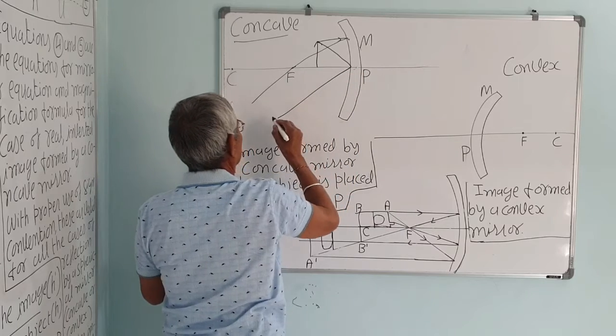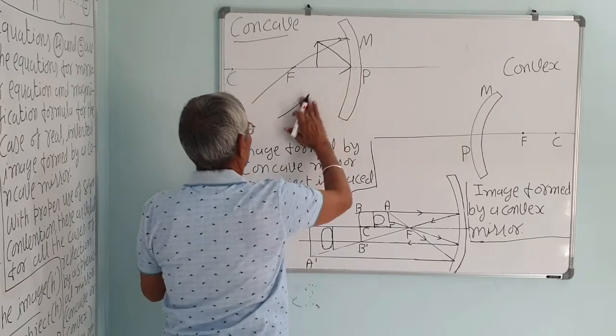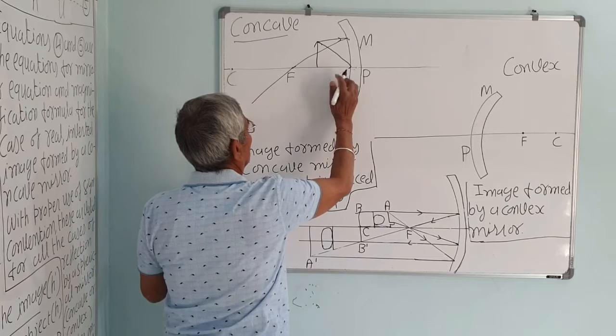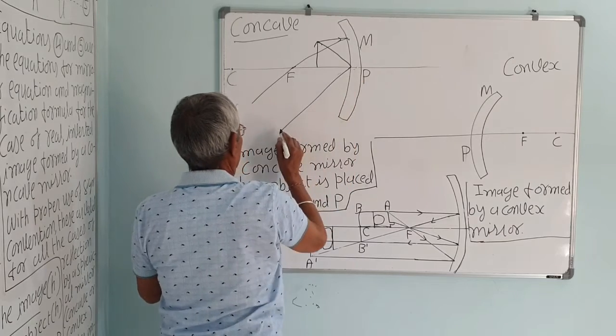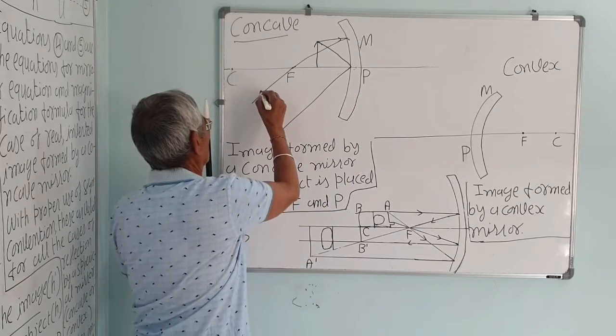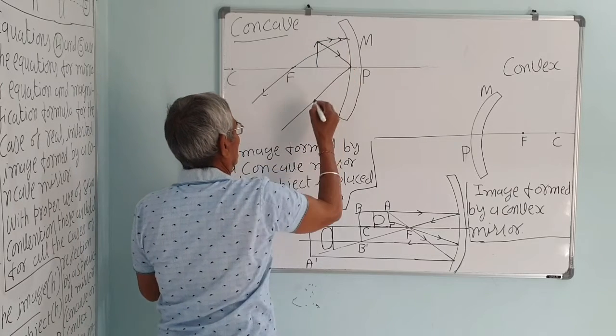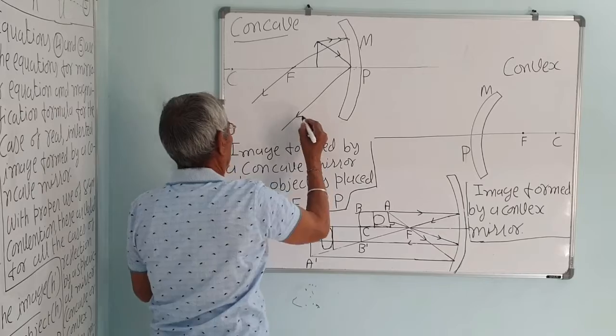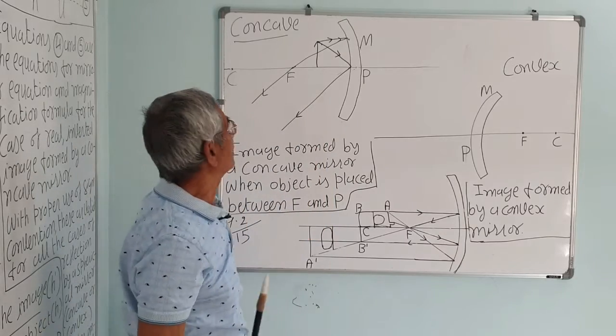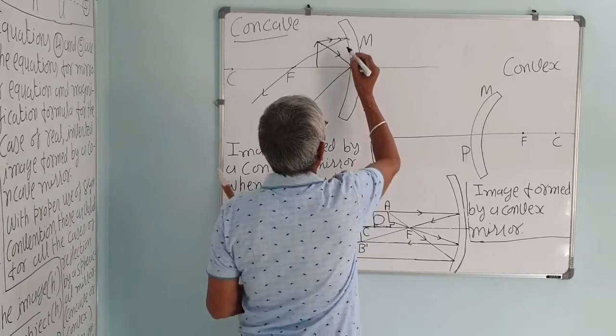This will reflect like this. These two rays after reflection will never meet and form an image. So if we produce them back,